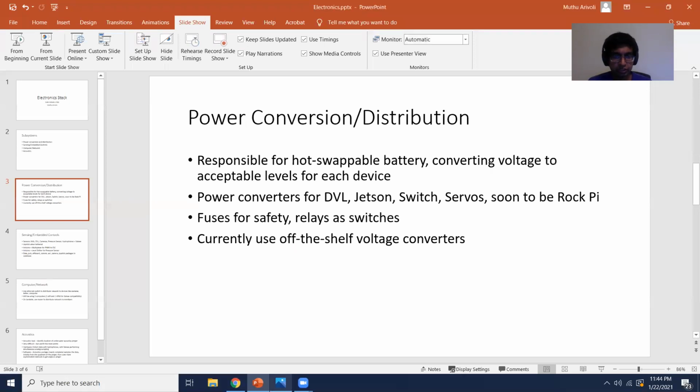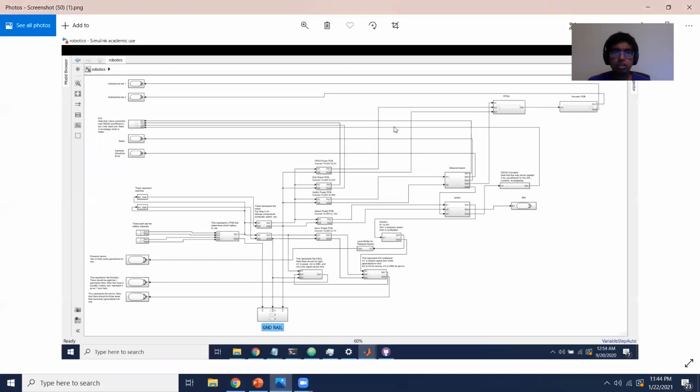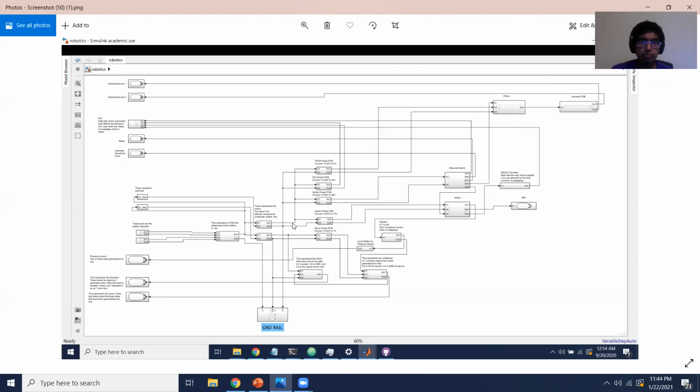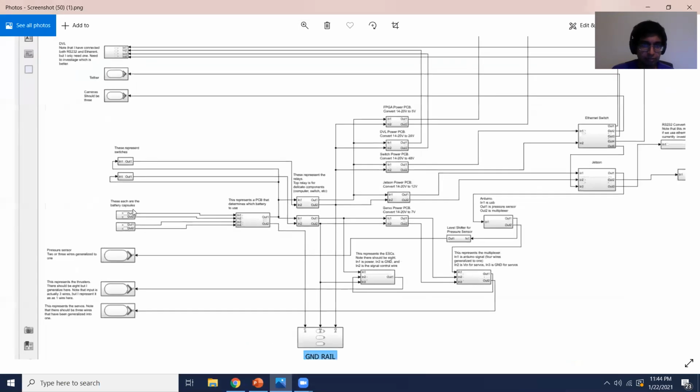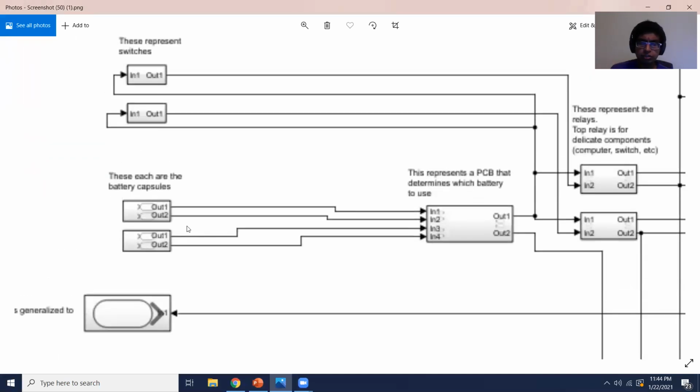So let's discuss the actual details. Located here, you can see a system diagram of our electronic stack. This is the entire system, and I'll be going through it piece by piece. Let's start off with the power conversion and power distribution. I should also note this diagram represents what we believe to be next year's robot. A lot of this stuff is similar to the previous year's robot, namely Cthulu 2.0,